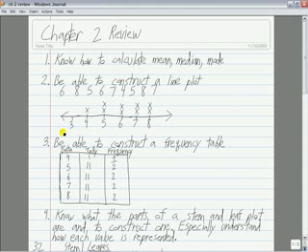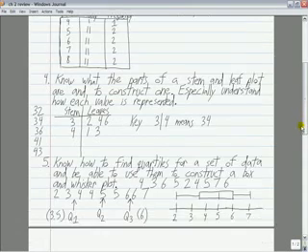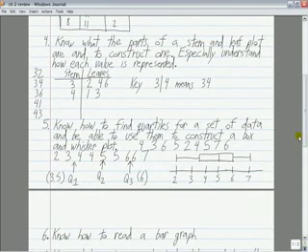Number 4, you need to know the parts of a stem and leaf plot and be able to construct one. And you need to especially understand what each value is, how each value is represented on a stem and leaf plot. Here's 5 values that we have, and for this stem and leaf plot we will use the tens place to be our stem,